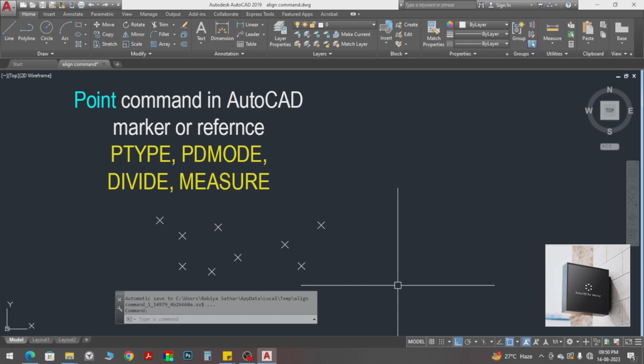I want to enlarge this point. So I can give Pdsize. Pdsize. Okay. Here I am giving the value 75. See,